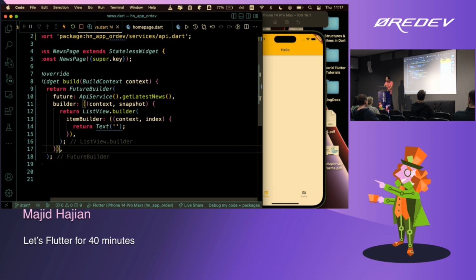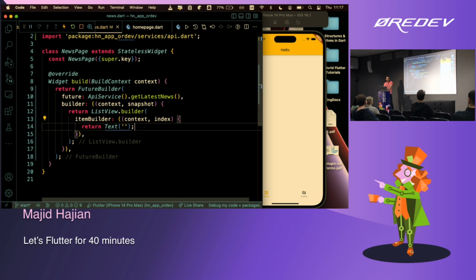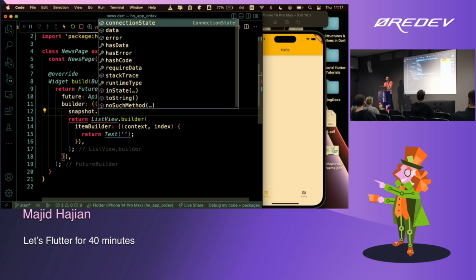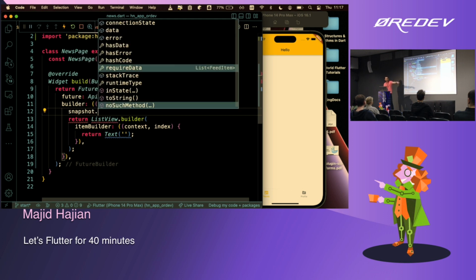3 more minutes, we render this, and we're done. So let's do that. And in fact, after 3 minutes, it means we are at 50 minutes, right? So that's good. What we're going to do now, we have the snapshot already here, right? And a snapshot comes with so many things. And one of the things is if it has data. It's good to see if it has data. If there is any error, it's nice to render something else, right?